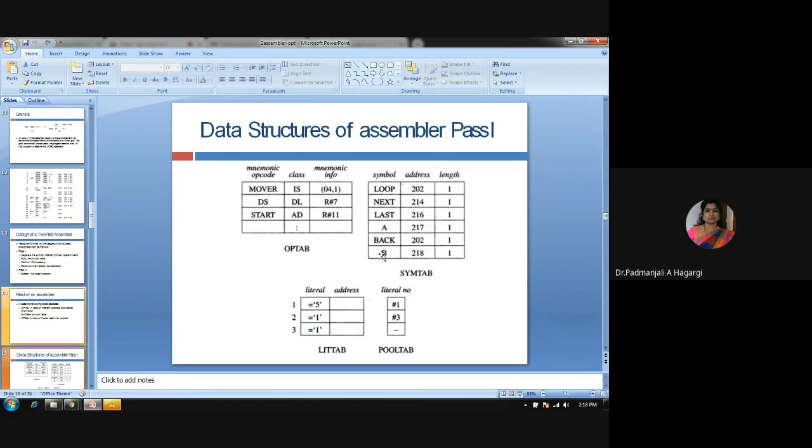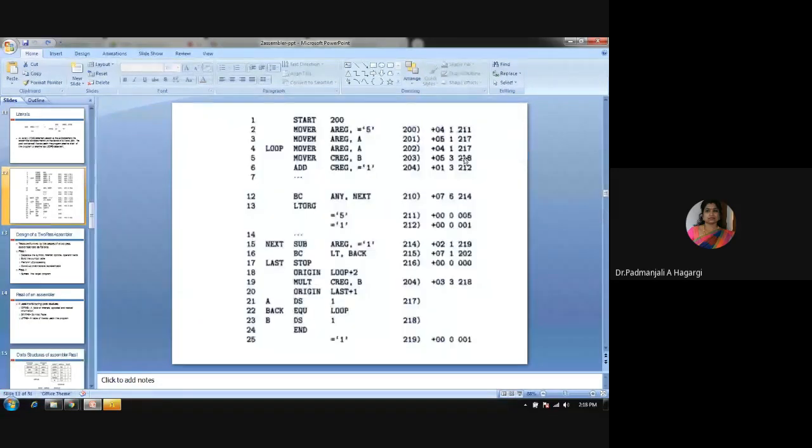The synthesis of the program will start now. It means it completes the object program. Now here A, I have kept at dash only. 211 was kept at dash, but 211 was found here using the LT,